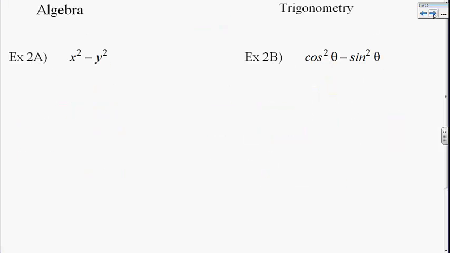In our second examples, we will factor by using the difference of perfect squares, or for the shorthand, DOPS. In example 2a, I notice I have 2 different variables, x and y, and both variables are squared. I also notice that the operation between the 2 variables is subtraction. As such, I can use the difference of perfect squares. I start by writing a set of 2 parentheses and placing x on the left side of both sets and y on the right side of both sets in the same manner they are subtracted. Next, I place an addition sign in one factor and a subtraction sign in the second factor,